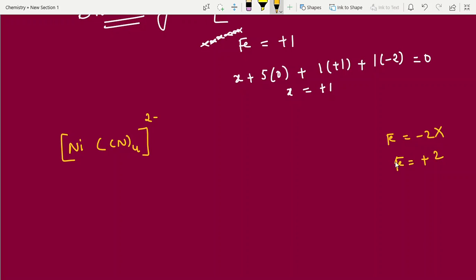Okay, plus oxidation state. Now X plus 4 into -1 equal to -2. Equate to the charge. X minus 4 equal to -2. X equal to +2. Nickel equal to +2. They'll connect questions, magnetic moment calculations, unpaired electrons, all. Okay. Now, next. That's all, students. With this oxidation state, which is frequently asked and has tricky questions, all I have covered.